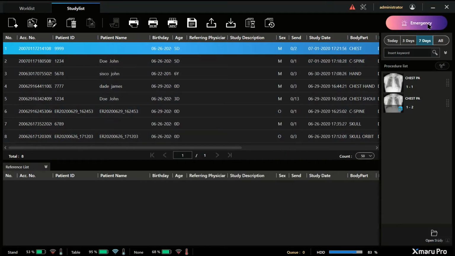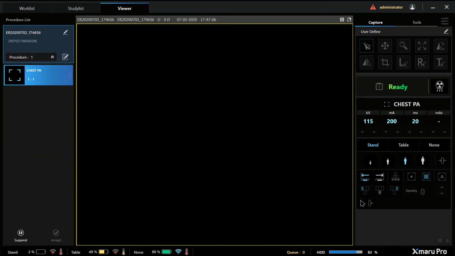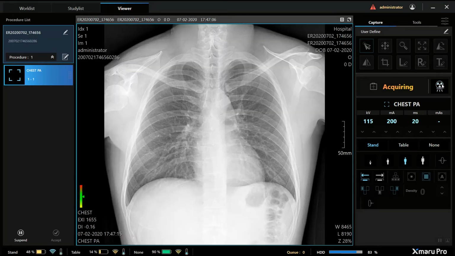You could also use an emergency patient icon. This is very helpful. By hitting emergency, it goes right into procedure. You pick your procedure step description, and capture. At this point, you could go ahead and position your patient and expose. It will acquire, it will process the image,